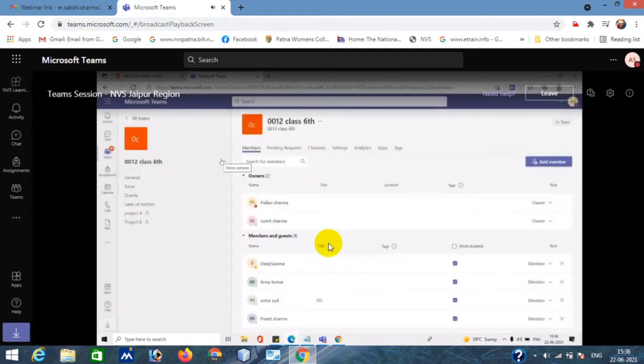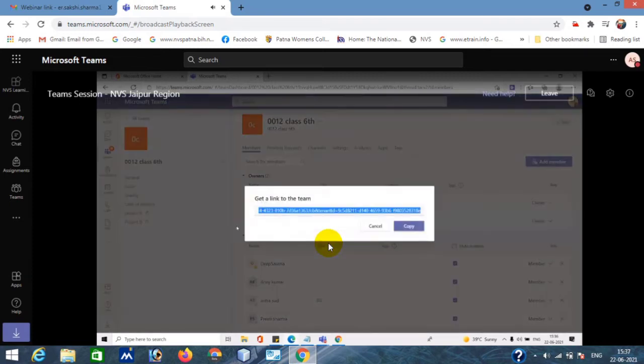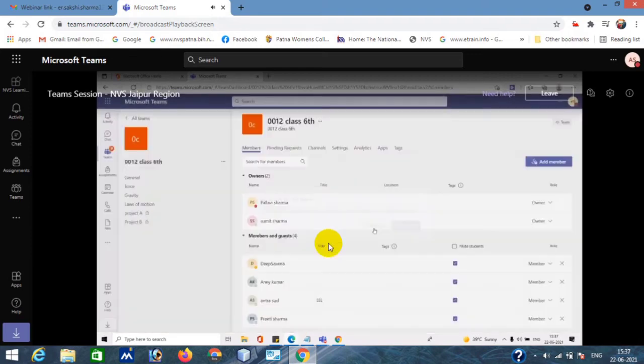The second way of adding students to this class is you can click on this 3 dot again, just on the side of the class. You can see this 3 dot, and you can click on get link to team, right? So you can just copy this link and share it with your student, right? So once you share this link with the student, or with the person you want to give access, you can copy this link and share it. So this basically helps when you want to add students in bulk. Let's suppose you want to add 100 students to your class. In that case it is quite hectic for you to add members one by one. So you can directly share that link.